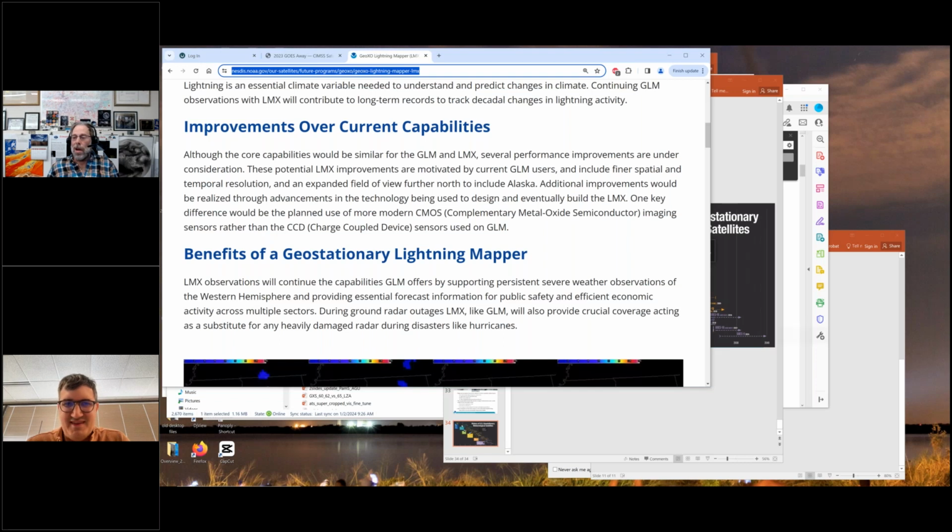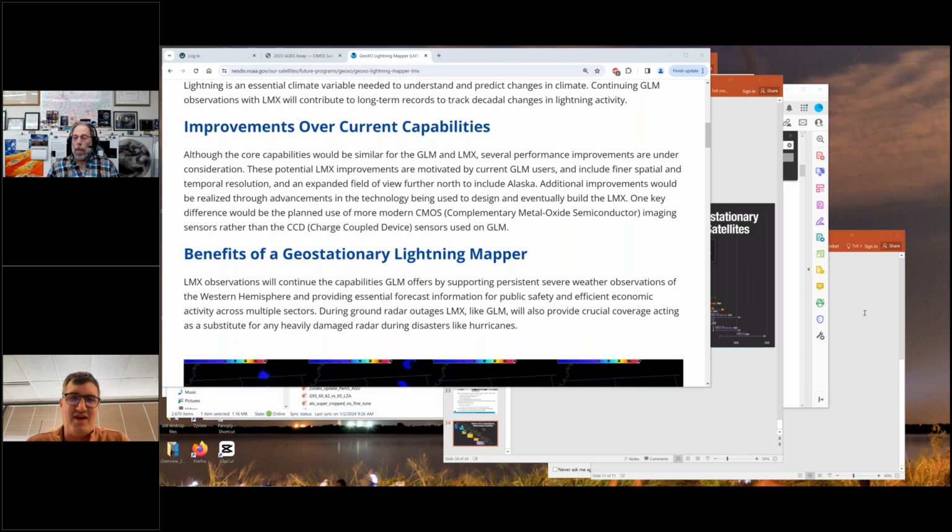So there's hope, but it's still, of course, being formulated. I guess it's fair to say, and Dan Lindsay says in the chat, the answer to your future lightning mapper question is maybe. Scott Lindstrom points out the website does say potential improvements.